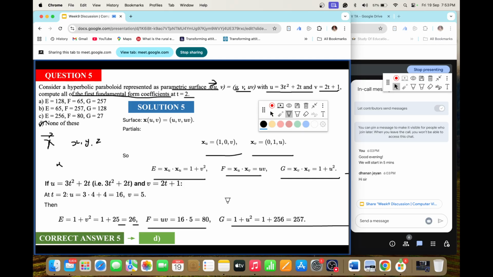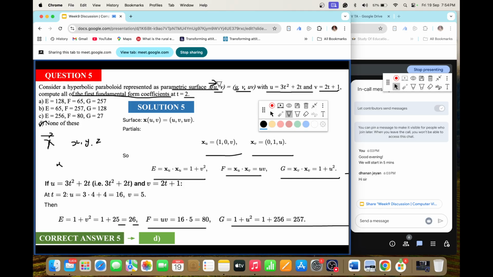That is a different representation. So how can it be mapped to the general space? Generally we represent any point in xyz space, so there must be some mechanism wherein we can map it to uv space also. Maybe because I haven't understood this: what is the difference when we represent a point in XYZ space, or when we represent the same point or the parametric surface in this x(u,v) form?